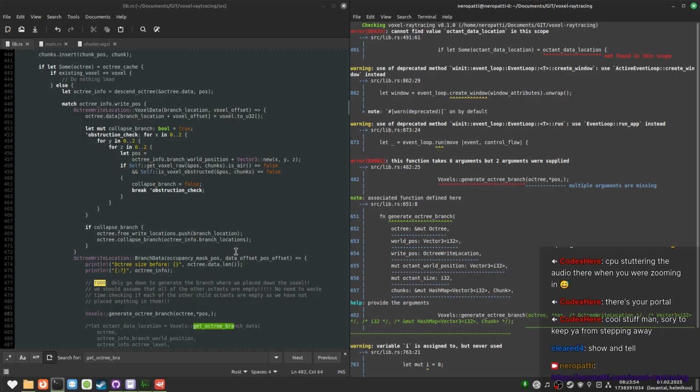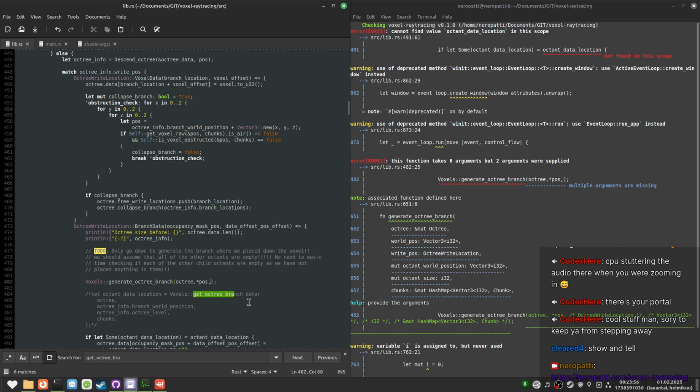Need the right position. Octree right location. Okay. I could just pass the index directly.